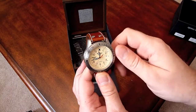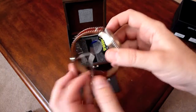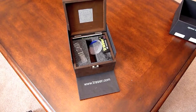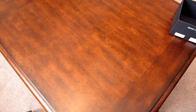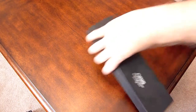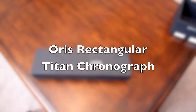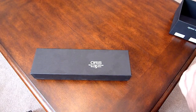So anyway, cool watch. I'm gonna hold on to this one, and now I'm gonna break out the other watch I wanted to show, which is an Oris. Again, I've got kind of a penchant for finding watches that are on sale, and I found